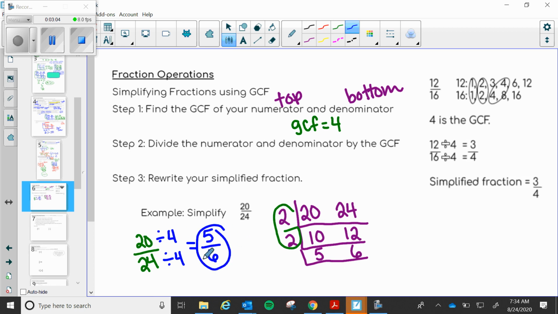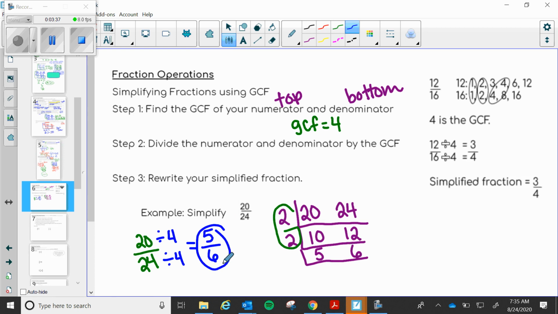Now this is kind of the long way. So if you would like a quick way to figure that out, if you notice 5/6, you've got a 5 and a 6. So by looking at the bottom rung of your ladder, that is actually going to be your simplified fraction. You've just got to remember which number up at the top is your numerator and your denominator. If you get them confused and you say 6/5, then you're going to be wrong. So you have to make sure that you keep your numerator and your denominator separate so that you can tell them apart when you get down to this